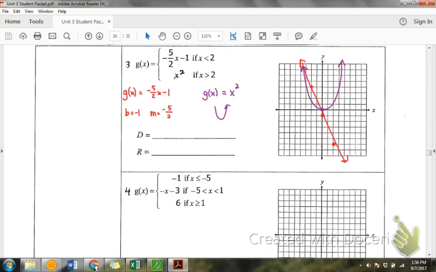Everyone okay with that parabola? Make it a little bit wider, okay? Don't make it super skinny, make it a little bit wide. And where is our boundary line here? At, what'd you say, Aspen? Positive 2. So at positive 2,